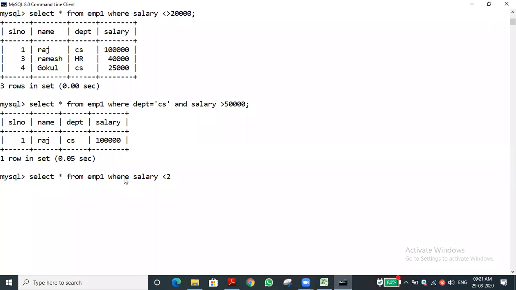For example, one person getting 24,000 is also eligible to get the increment. For that only I'm asking the query. Now tell that query. What do I need to type? Less than 25,000. That's all, isn't it?